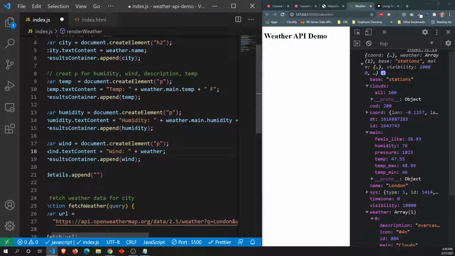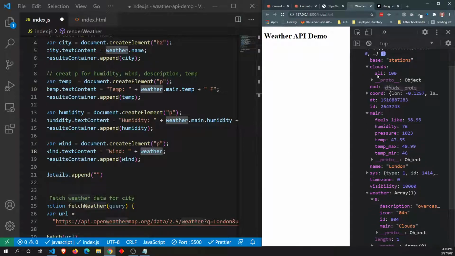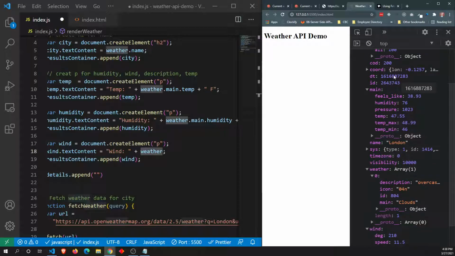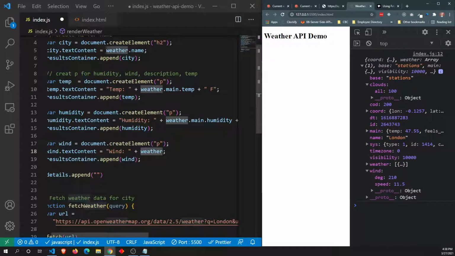And each time to find these different properties, what I'm doing is looking over in my console over here, just looking at this entire object, which is the weather object, and figuring out where each thing is. So I was getting main here, and then looking in and seeing humidity and temp. Now I'm looking for wind, which I think was on a separate, there it is. So it looks like dot wind. So it'd be weather dot wind